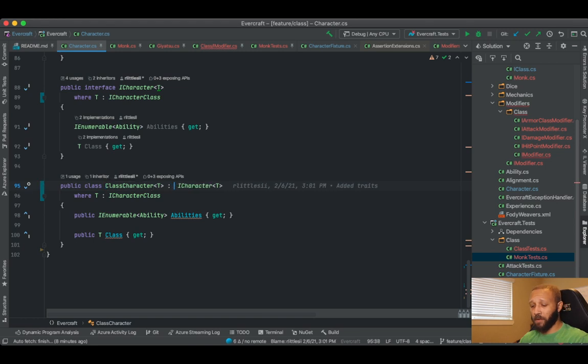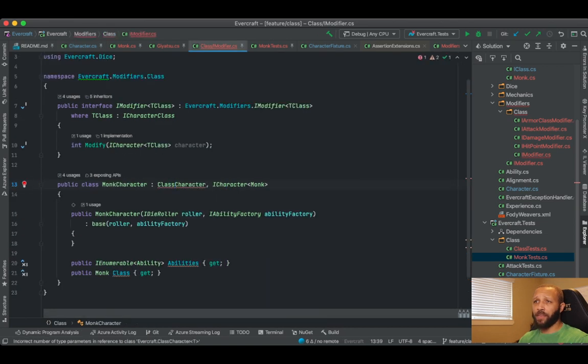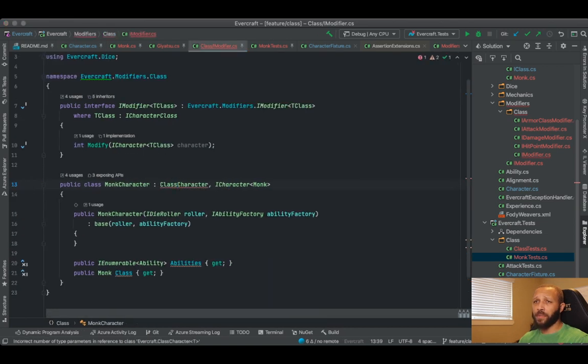Which could still inherit from character and get all of the chocolatey goodness there. Let's make that abstract. That's still going to tell me that it needs that. And now if I go back, everything should be good except